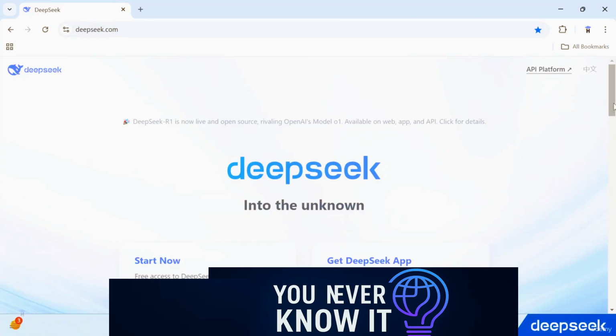So in the next lectures, we are going to create a new account. I'll show you a step-by-step process to create a DeepSeek account to start prompting. And I'll explain the dashboard, or interface, of DeepSeek, which we will